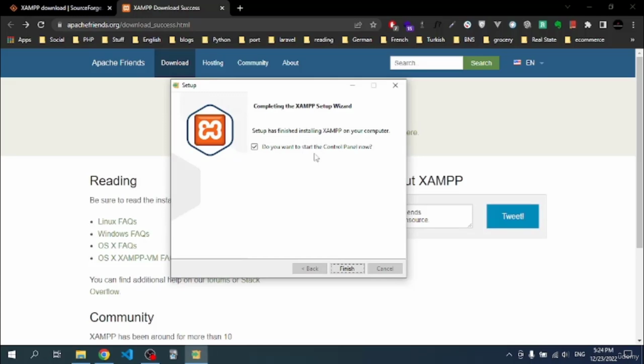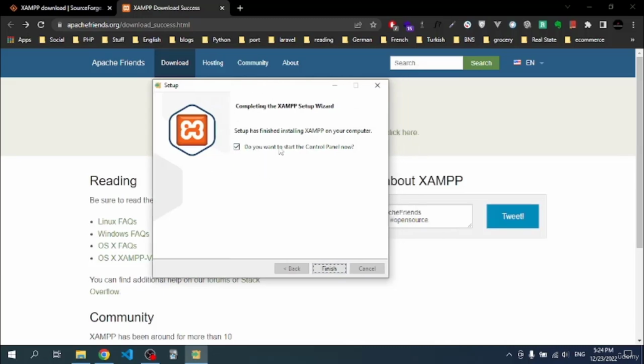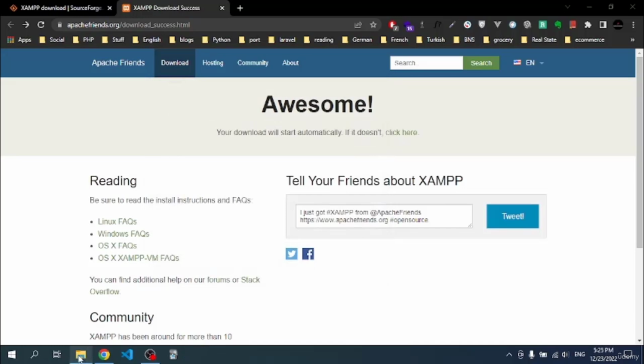Do you want to start the control panel now? I'm going to uncheck this, because if I left this checked and clicked on finish, we would have to start XAMPP every time you turn off your computer in order to work with it. But if we uncheck this and click on finish,